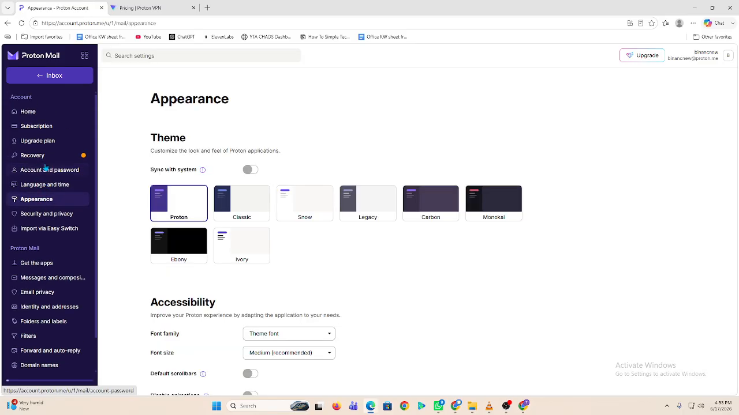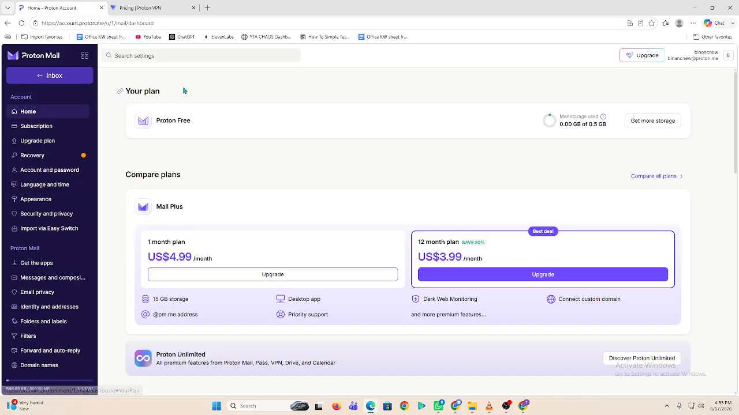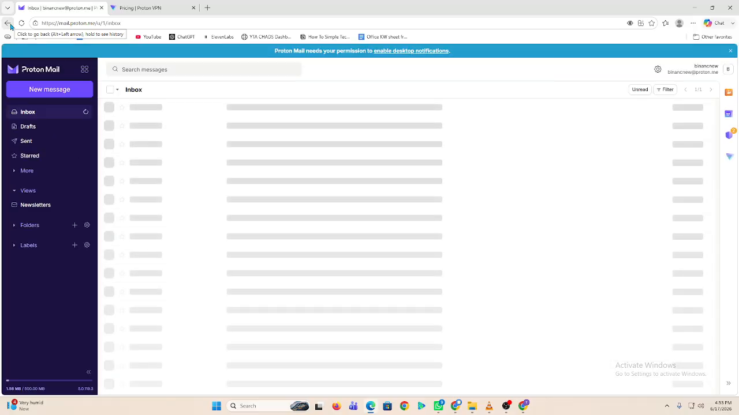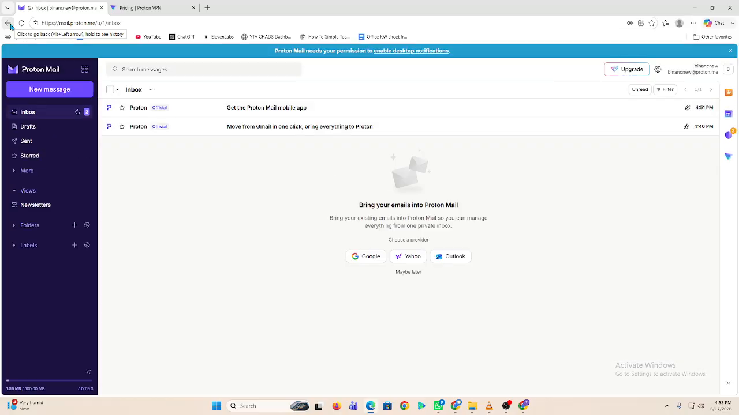For maximum privacy, always keep Kill Switch enabled, especially when using public Wi-Fi. A common mistake is turning off Kill Switch while using unsecured networks, which can expose your real IP address. And that's it. You've successfully learned how to enable Kill Switch in